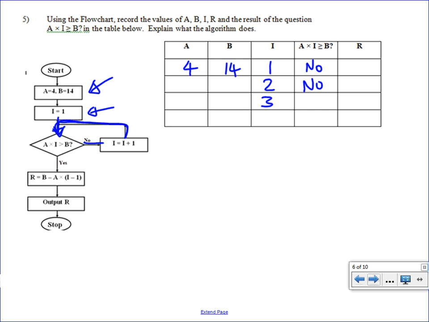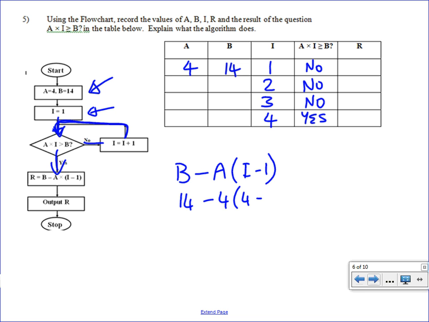Is 4 times 3 bigger than 14? No, go round again, increase I to 4. Is 4 times 4 bigger than 14? Yes, it is. Now when we get to the yes, we are looking at this instruction which says that R is B minus A times I minus 1. I think is what that says. So in our case, we've got 14 minus 4 times 4 minus 1, which is 14 minus 12, which is